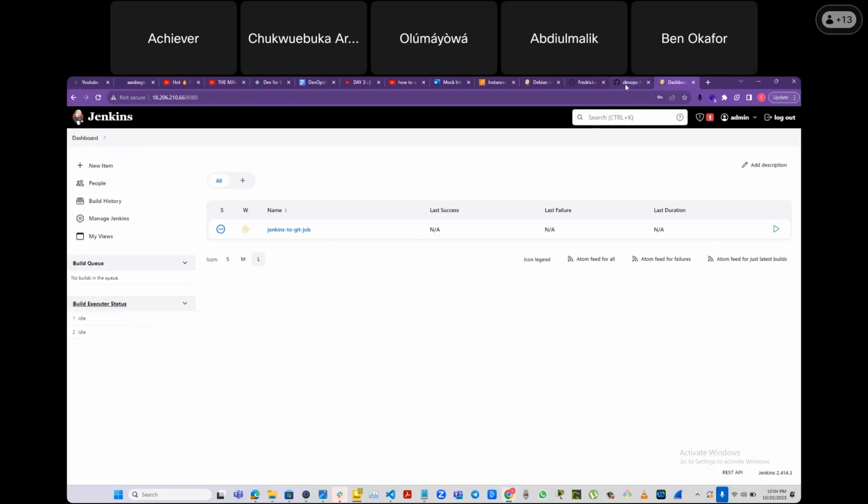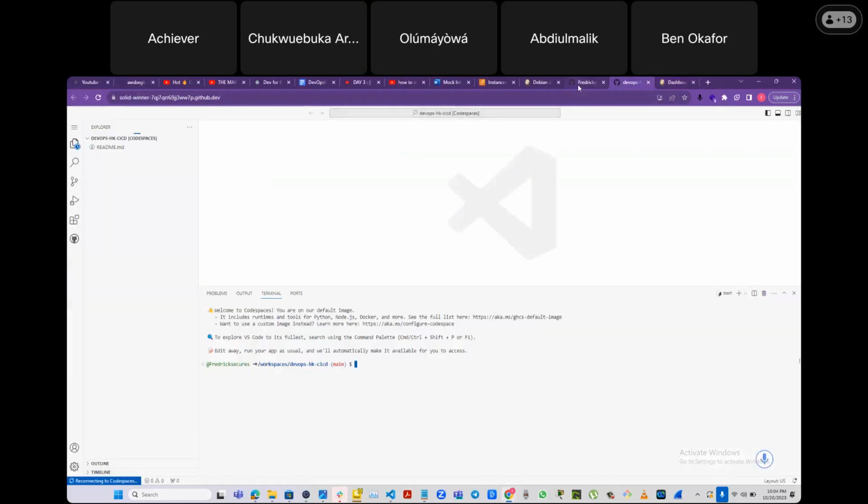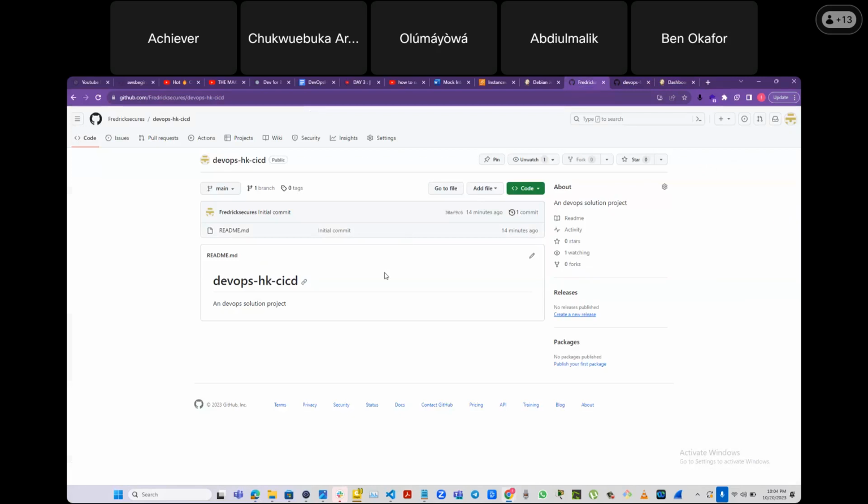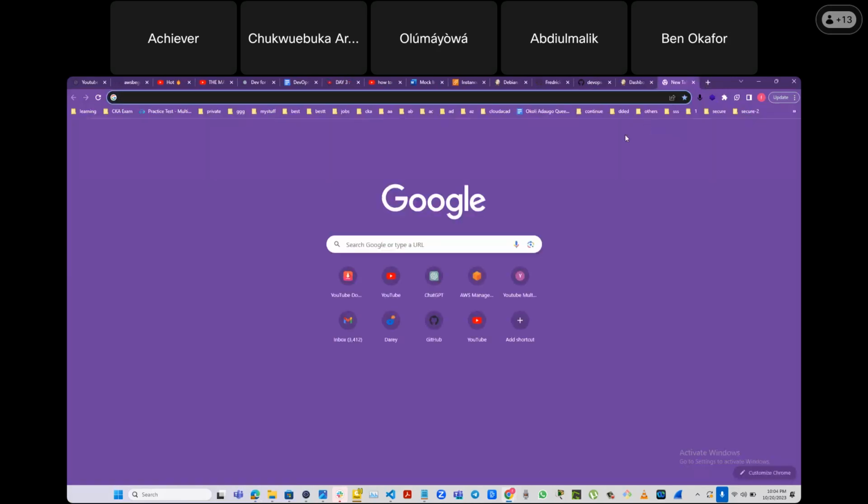So the first thing we want to do is ensure that we have our code on GitHub, which is what we've done here. This is a simple GitHub repository we have here. In this case, this is what I wanted to do. There are different places we can go to get, let